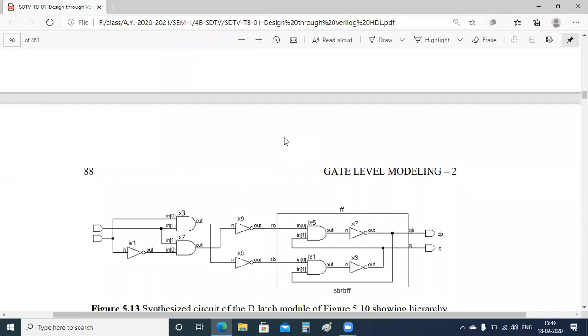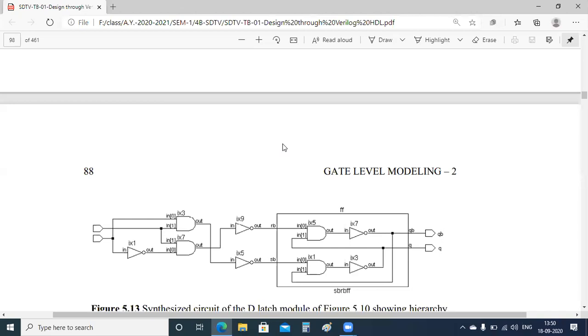If it is an edge triggered flip-flop, we can write the combination for positive edge triggered and negative edge triggered flip-flops. If it is positive edge triggered, inputs will be varied, and for the next positive edge of the clock, then only the output is going to vary.